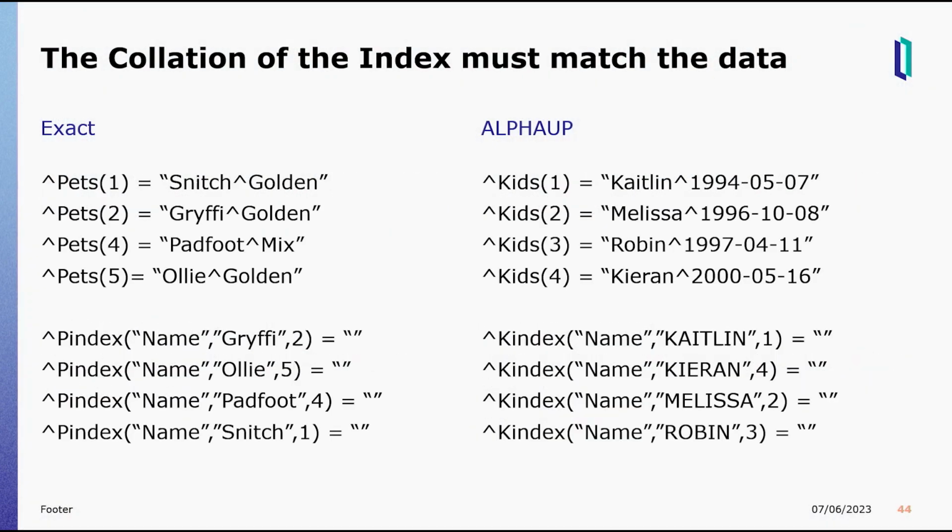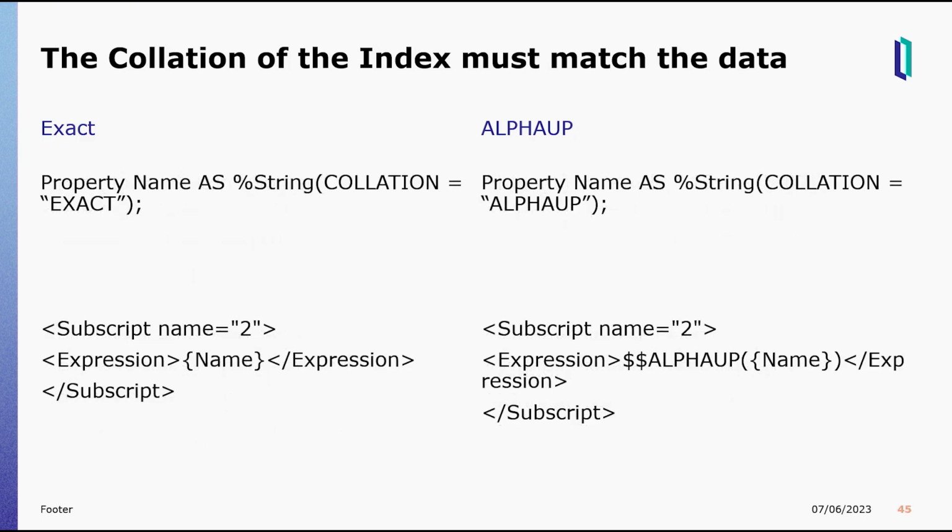When you look at the data, if the data is the same in your global, right? So this is the global that I do my mapping on. This is my data global, my D global, and then this is my index. The data here looks exactly the same, so I don't need to do any transformation. So this would be called exact collation, no collation, which means when you define the property, you have to say property collation equals exact. And the reason why you have to say collation equals exact is because Cache objects has a default collation of SQL upper. We assume you always want a collation,